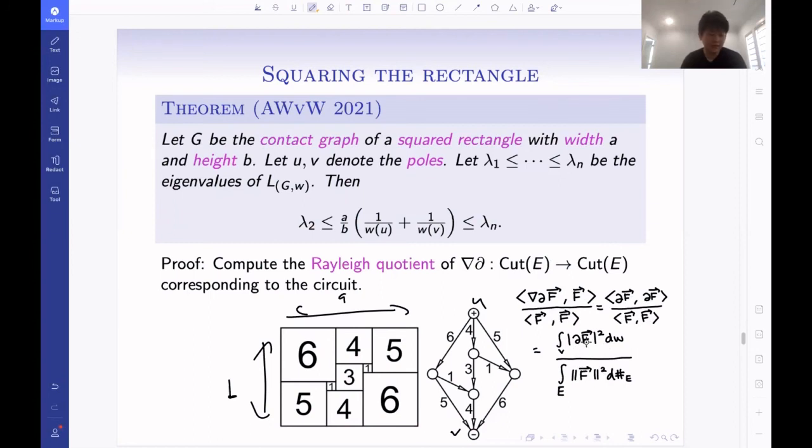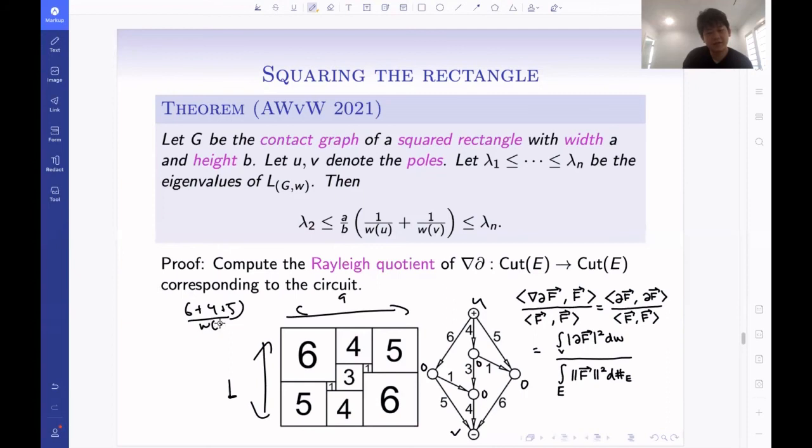Okay, what is the negative divergence at each point? Well, let's look here. It's 6 minus 1 minus 5. Here it's 4 minus 3 minus 1. Again, because of one of Kirchhoff's two laws, by conservation of some physical thing, it's 0 at all of the interior nodes. So actually, this is a sum of a lot of zeros, and you do need to ask for the contribution at each pole. So at U, the outgoing ones are 6, 4, and 5. And then you need to divide by the vertex weight. So it's asking essentially for what is 6 plus 4 plus 5,